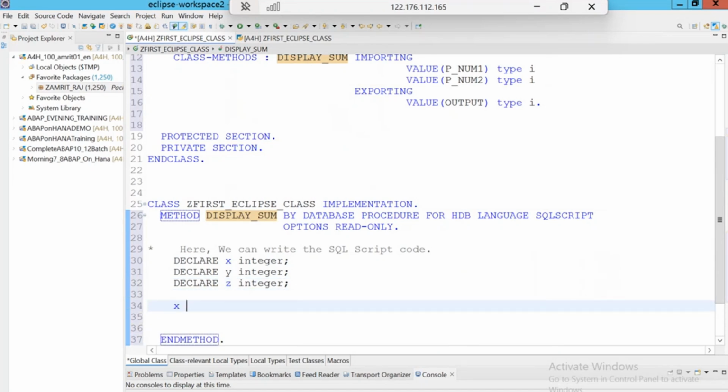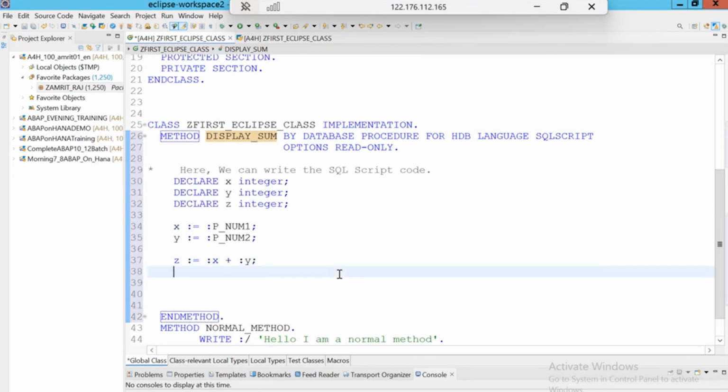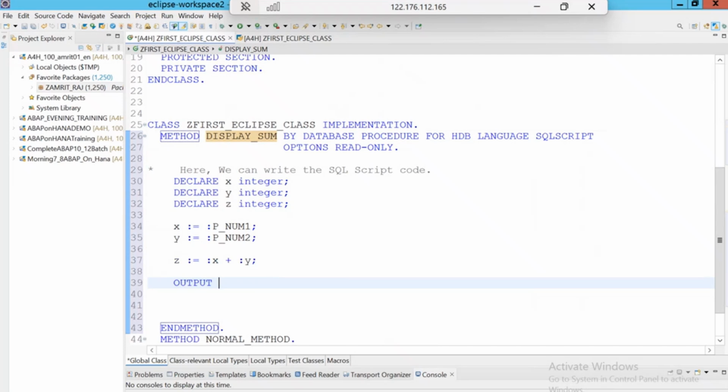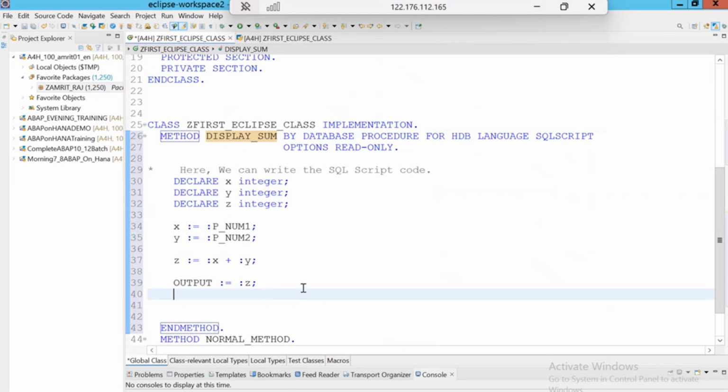So X equal to my p_num1, Y equal to p_num2, and there is my Z. So Z will be equal to the sum of these two things, X plus Y. And my output I will assign, output equal to my Z. Is this SQLScript code or not? Yes. Right. So if I activate it,